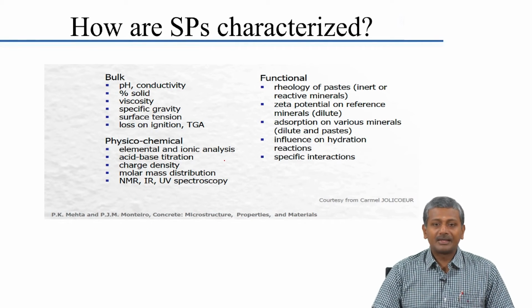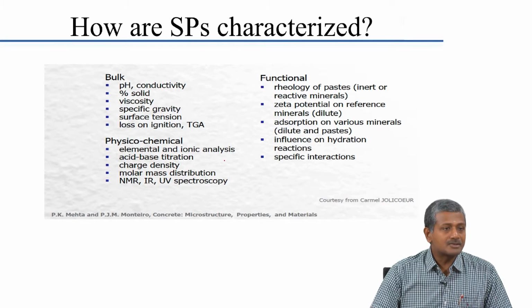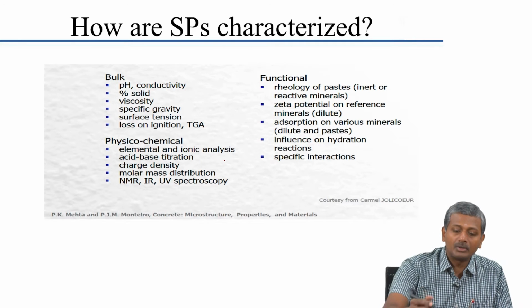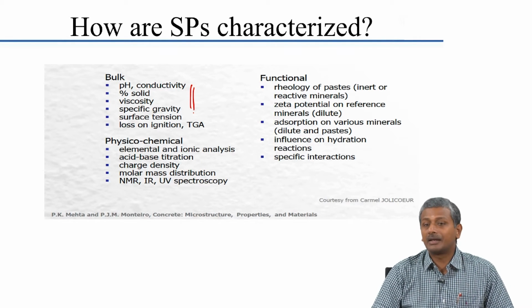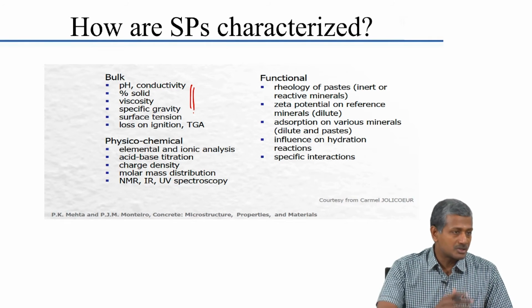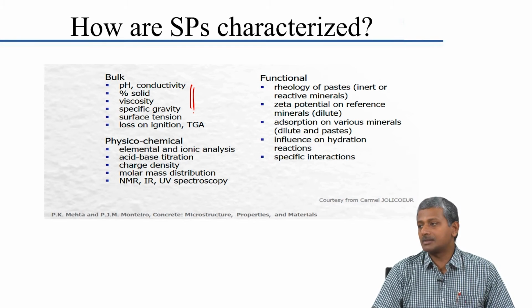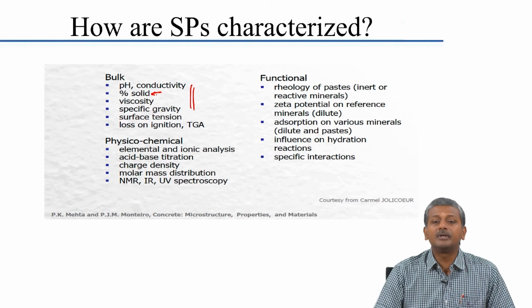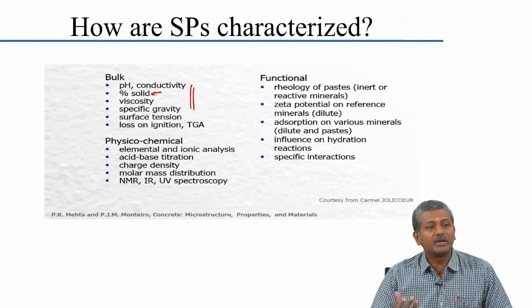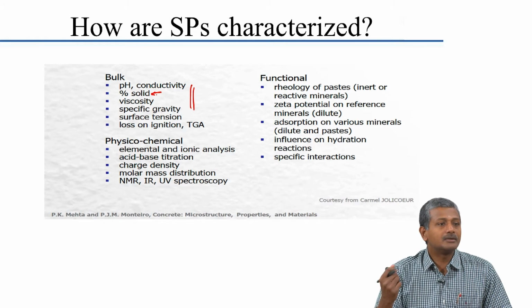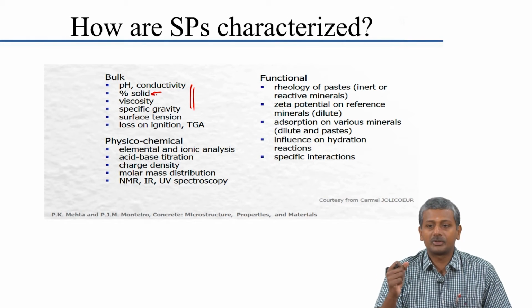But before that, there are several methodologies which are applied to characterize the superplasticizers to try and understand their properties. There are several properties that are important as far as their effectiveness is concerned. The primary ones which civil engineers are most concerned with, and quality control specialists in concrete manufacturing industries like RMC industries, should at least determine, is the percentage solids in the admixture. Because admixtures are mostly sold as liquid formulations, you all know that well, and the solid component is the active ingredient in the admixture. The remaining part is